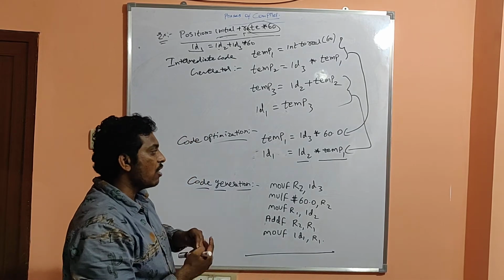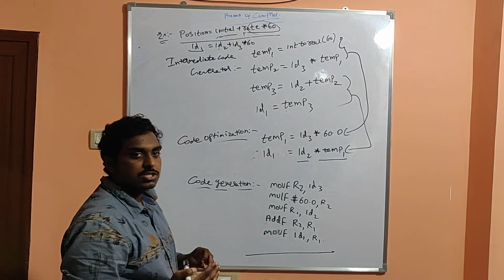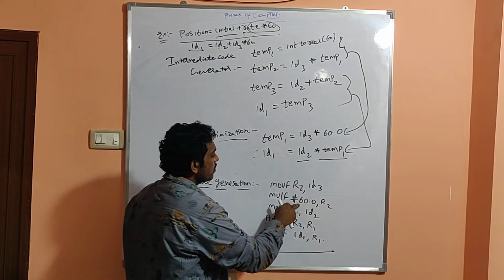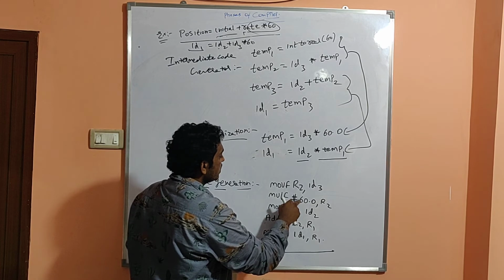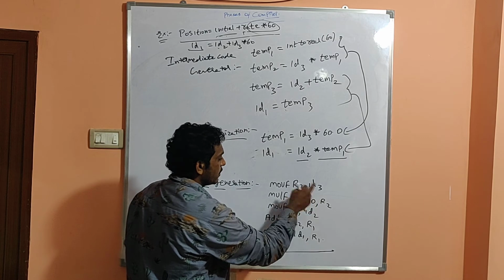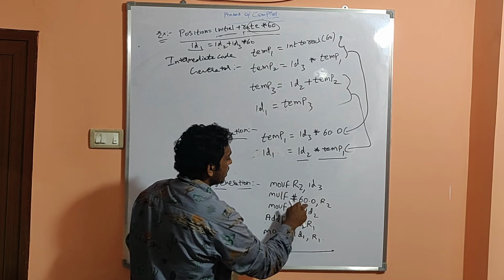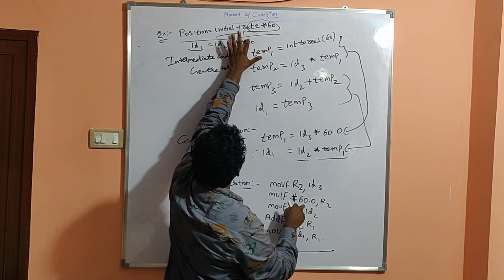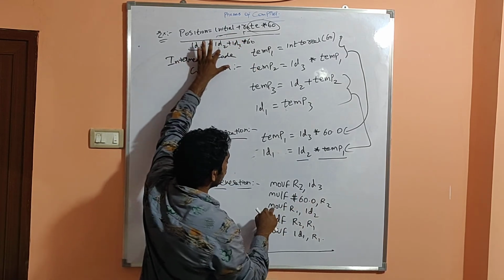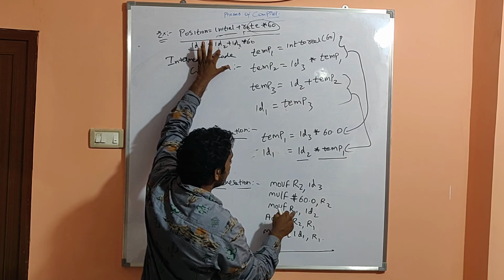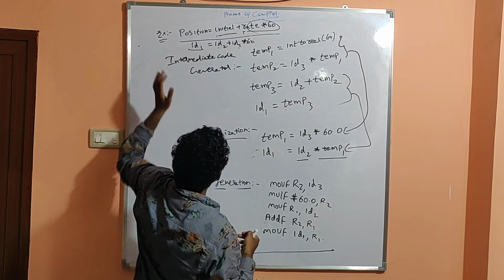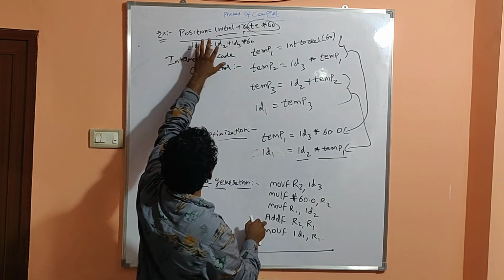Here the 60 is represented as 60.0. Why? Because we should not mention integer values; we should mention float values or real values. So I am mentioning 60.0, and the 60.0 value is temporarily stored in the R2 variable. R2 is a temporary variable, as I have told already. So here the multiplication operation is performed between id3 and 60. The next balanced thing is id2, so I am taking MOV, the move function, of id2. The id2 is stored in the temporary variable R1, and we are adding the values.